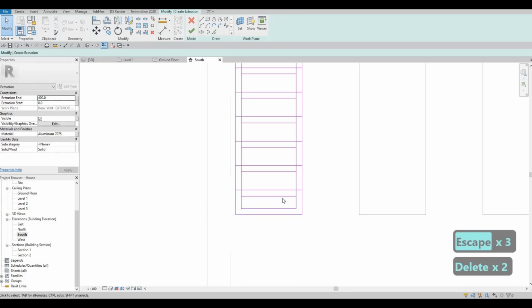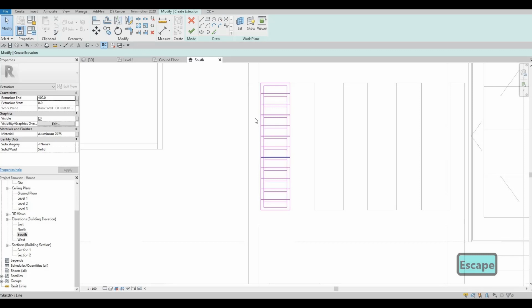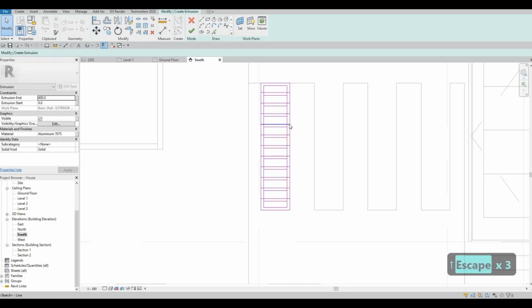And of course we could delete the ones that we don't need. And I think it's not noticeable that the spacing is good enough. So SL,